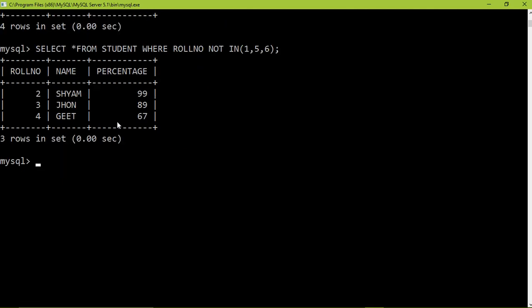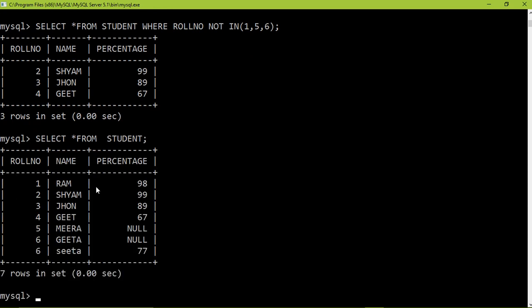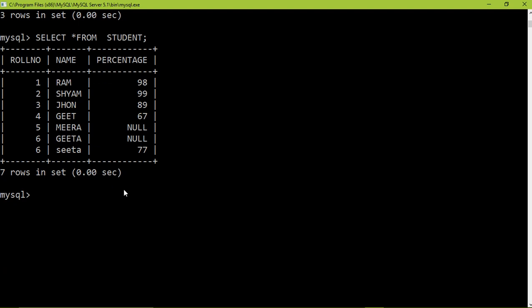Okay, now before that I just want to show the table contents. Select star from student. So this was your table. Now I just want whosoever has received null values in percentage to be in my table.